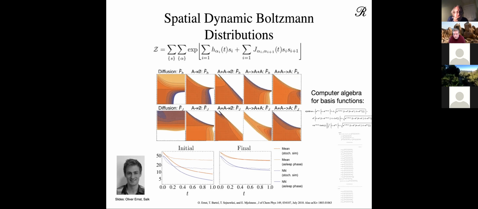And the idea is to solve the separate. These are all very simple chemical reaction models. They're kind of solvable if you didn't have space. If you did have space, then you can use the 1D solution of the Ising model to crunch through. And we did that using Mathematica to compute some of these basis functions that you see over on the right side in very tiny print because they get big. And so that's our guess for what the basis function should be, and then we try to combine them